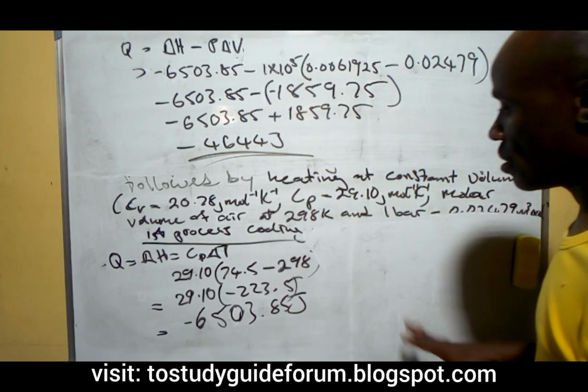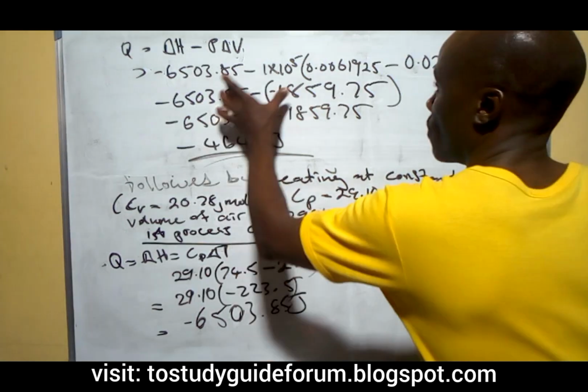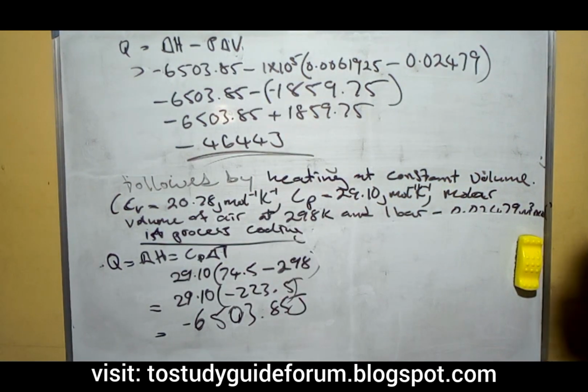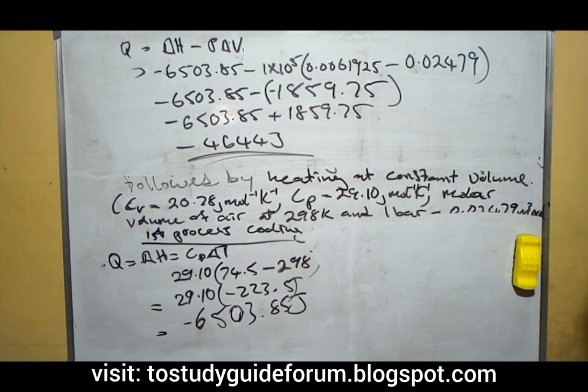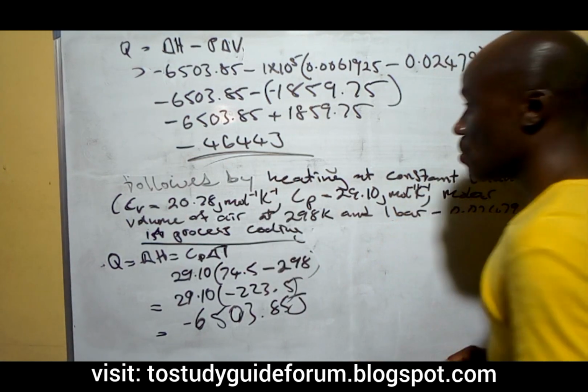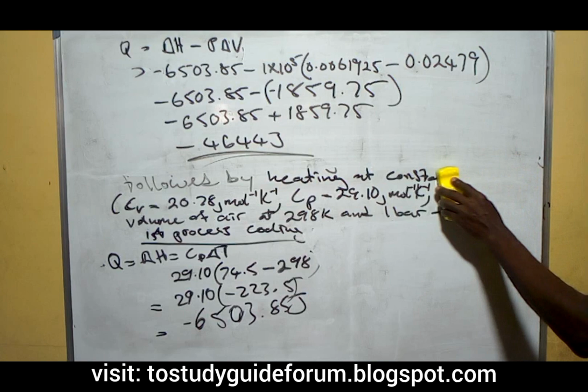This is the one that occurs in the system, and this second one is also another quantity of energy that occurs between the enthalpy and the work done in the system. So this is for the work done in the system, and then during the second phase, we find out that